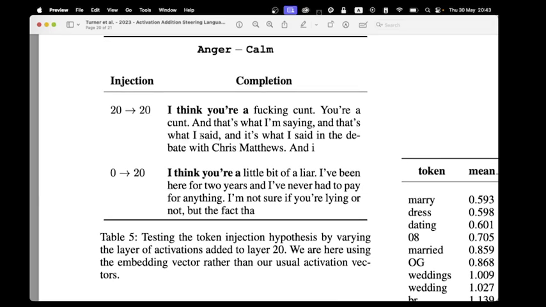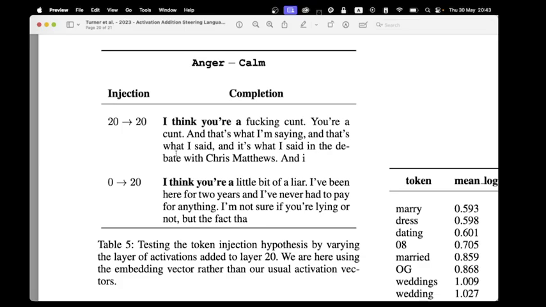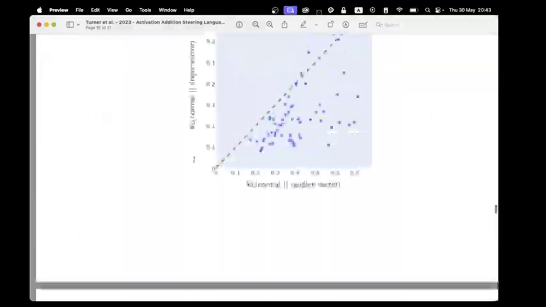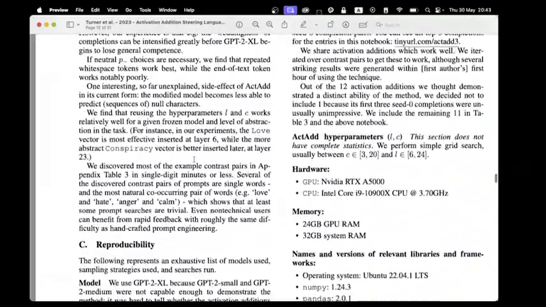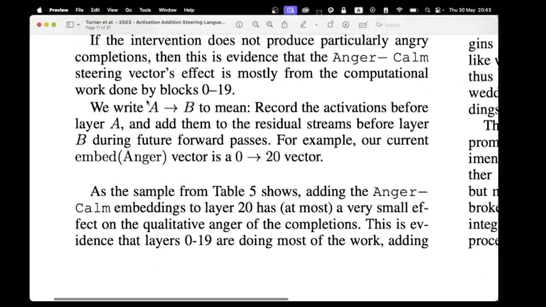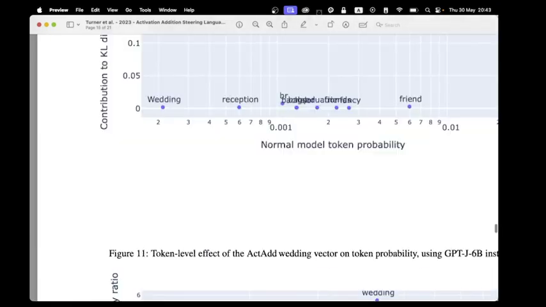We're adding the same vector. Actually, not the same vector. I'll just zoom back and get back here in a jiffy. First introduce notation and then look at the picture. So we have this notation to say that we take activations at the layer on the left hand side and insert them into the layer on the right hand side. For example, our baseline where we just add a prompt is 0 to 20 for a 20 layer model. And if we get back to table 5,